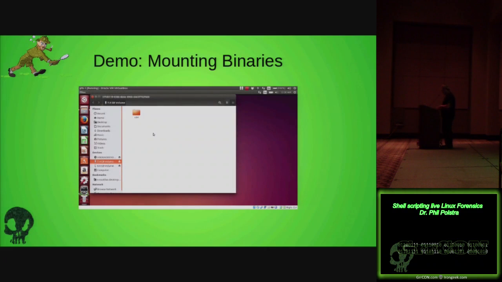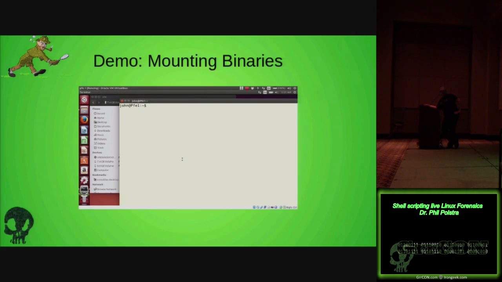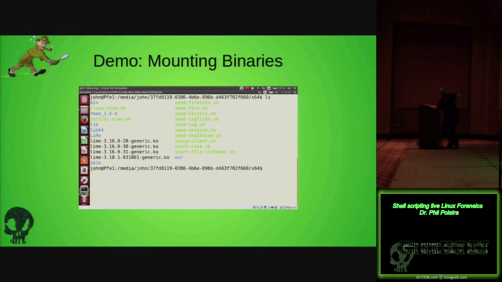I'll just narrate. So here I've plugged in my drive, and now it has auto-mounted this file system because it was an ext4 file system. So I'm going to pull up a shell, and this is on the subject system. By the way, you might have noticed warning messages, and the reason for that is because this system has actually been hacked. So now I'm changing to the directory where I have my known good binaries, and I exec my bash shell,